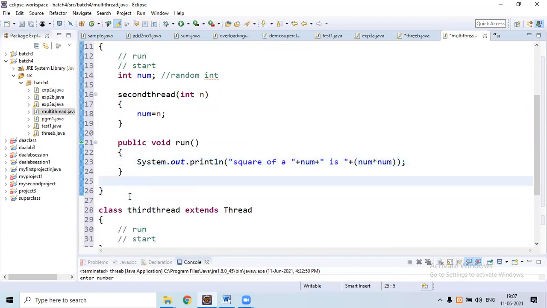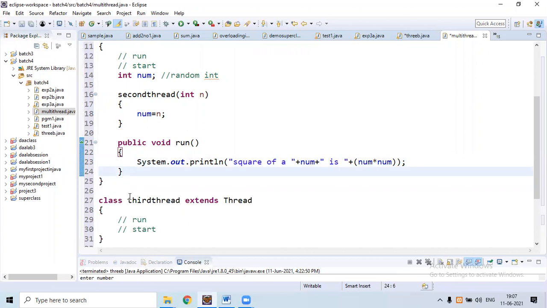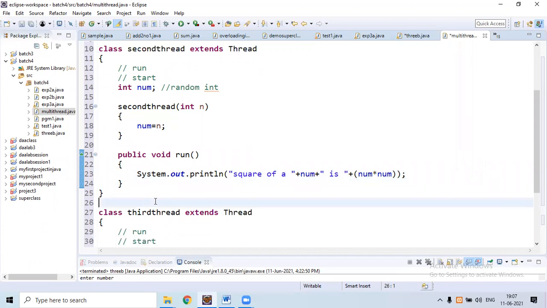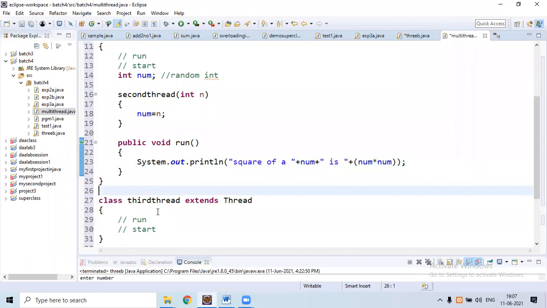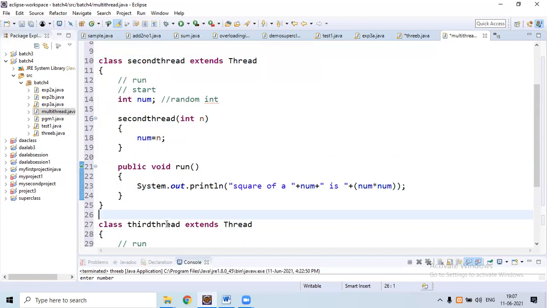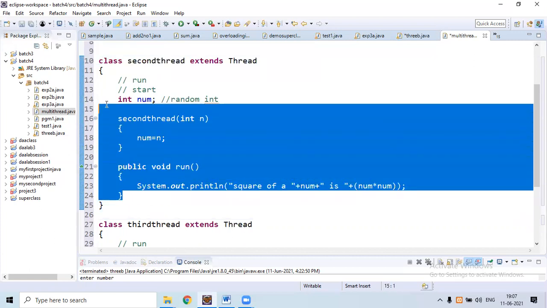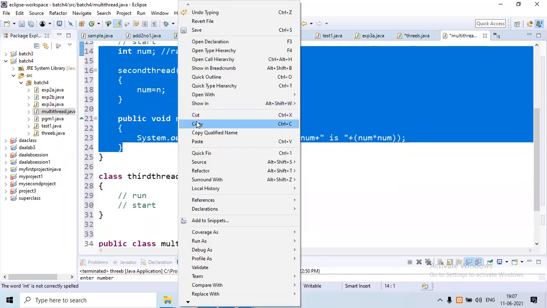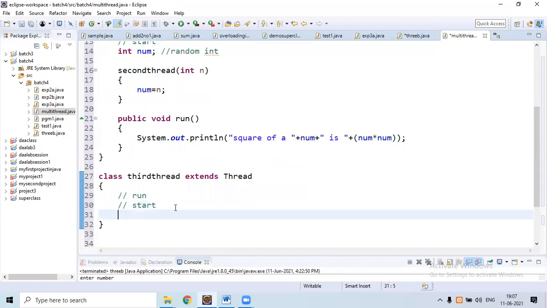So this represents the operation related to the second thread. Next, in the same way, we need to write a code for printing n power 3 inside the third thread class. So I will copy this, then paste here.